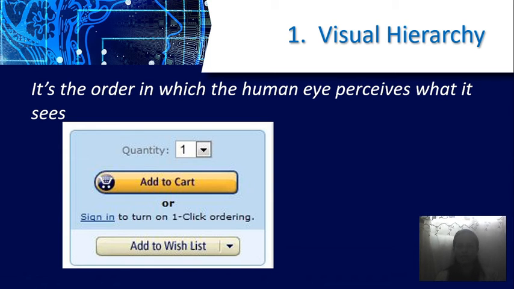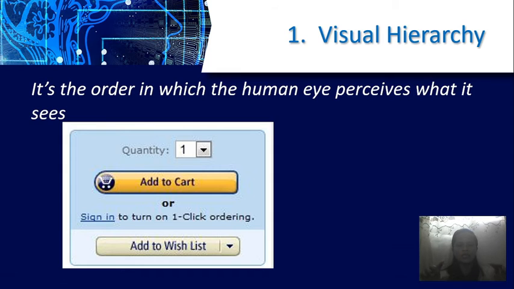Number one is visual hierarchy. Visual hierarchy means the order in which the human eye perceives what it sees. For example, in the picture, you have there the add to cart.